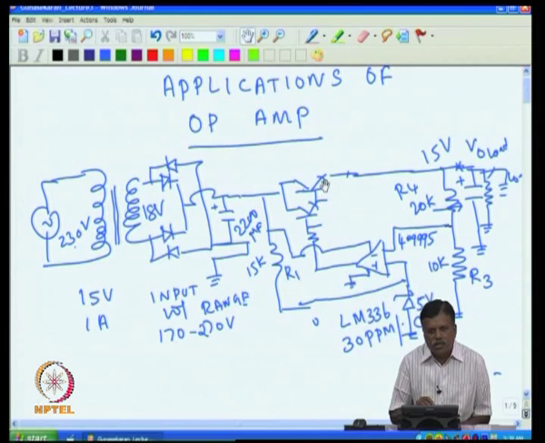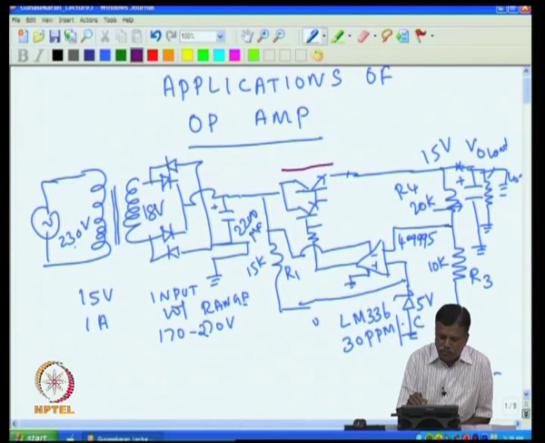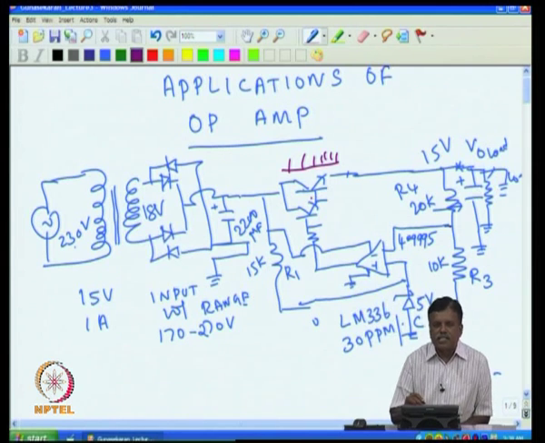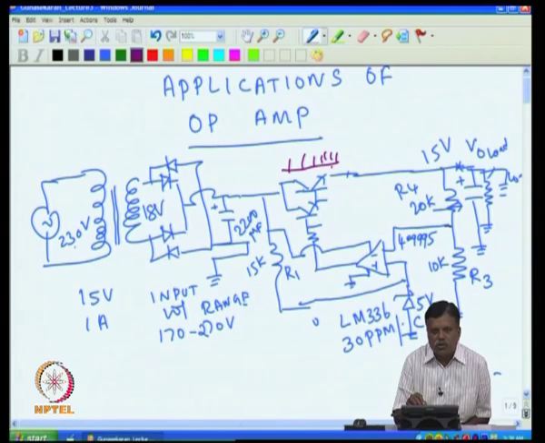So, one have to think what is the life of the equipment and how much the junction temperature that I have to keep, and then if I had to reduce the junction temperature, what I have to do. For example, if I want to keep it much cooler, then what I do is I have to put it in the heat sink, so that the heat goes out and the junction is kept at much lower temperature. And the heat sink plays a very crucial role in deciding the life of the equipment.